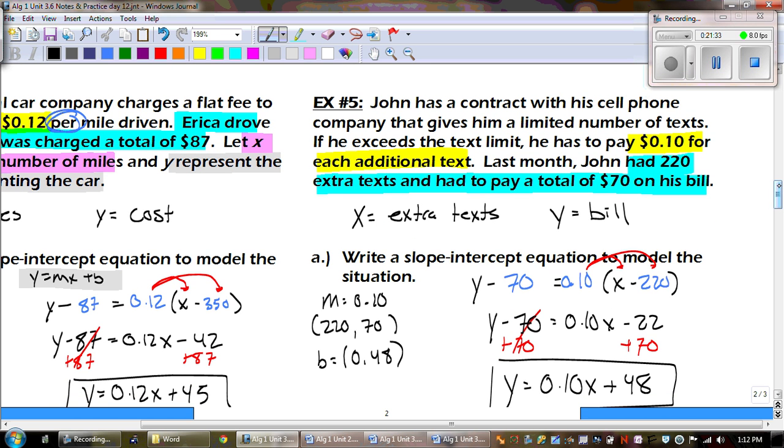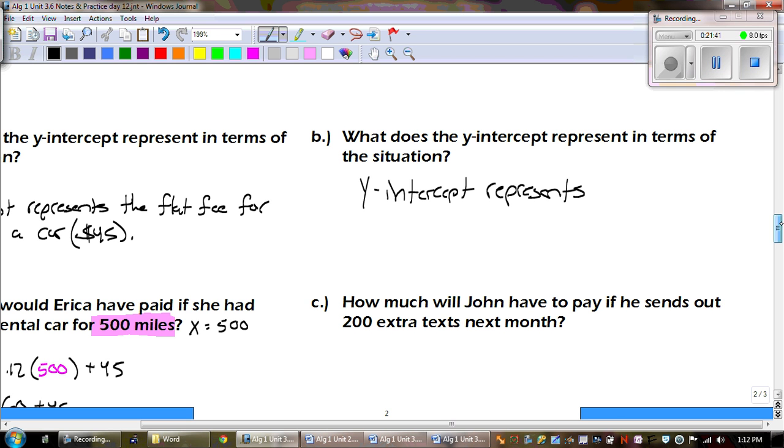They're talking about cell phones, they talk about extra texts, and y is your total bill. So what the y-intercept represents is that $48, it represents the cost of your cell phone bill